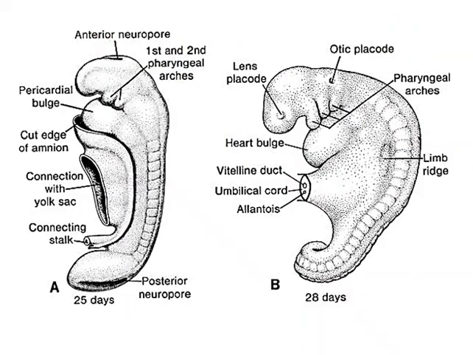Here this figure shows the otic placode and lens placode, and here we have the limb bridge over there, and this is around the 28th day of development. That is regarding the ectoderm. Regarding the mesoderm